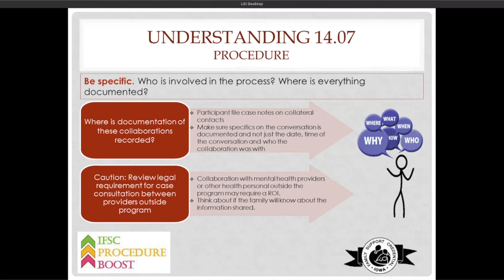The one thing I would say for caution is you'll want to make sure you're reviewing legal requirements for case consultation between providers outside the program and really inside the program as well. Making sure that one, you have a release of information, making sure that it falls within the parameters of the MOU, if there is one, and also making sure that it's not more than is necessary for the integrated service delivery. Like it's not just, hey, let's go out for lunch and talk about this family kind of situation,